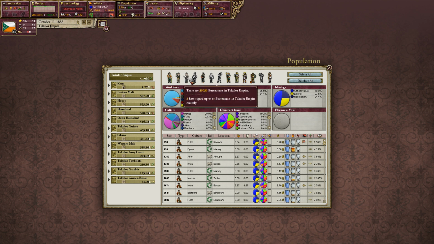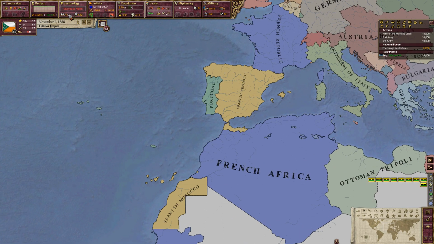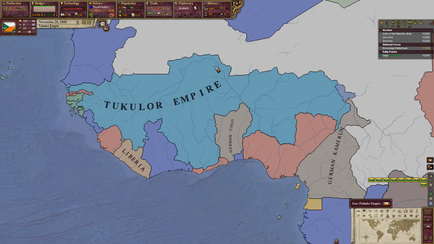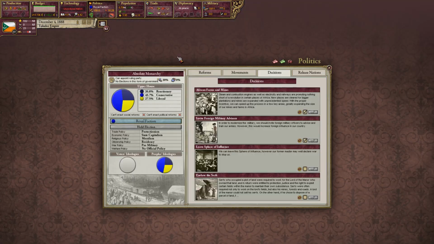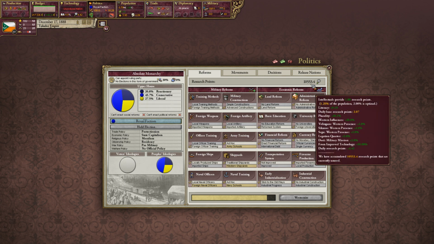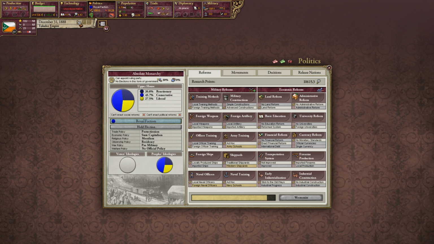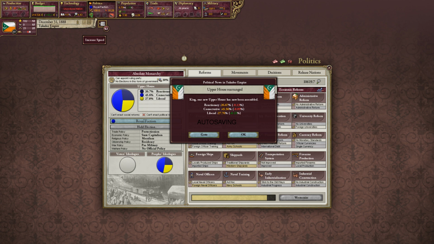Some landowners, some bureaucrats. Capitalists won't start showing up until we become westernized. Until we have factories, they don't do anything. They don't exist. But they will soon. Again, we need 2,000 points. I think we have 5% literacy first, so I think we can maybe...